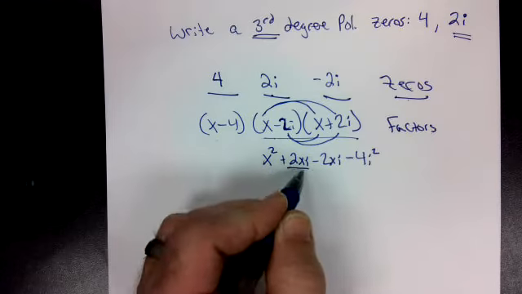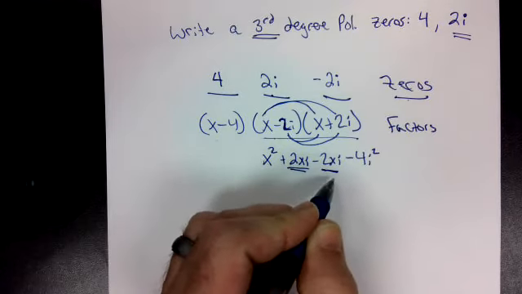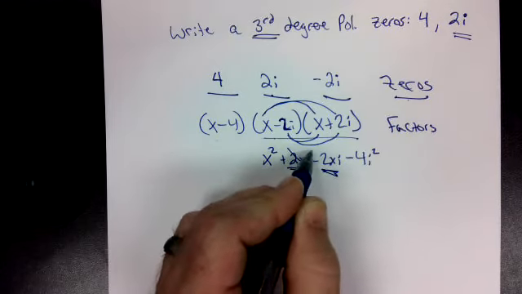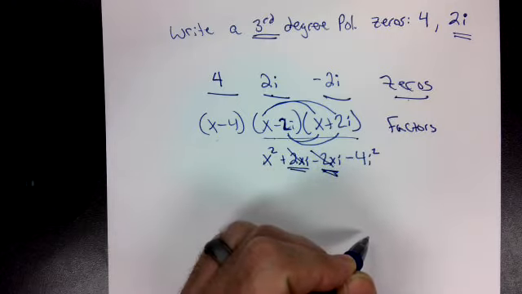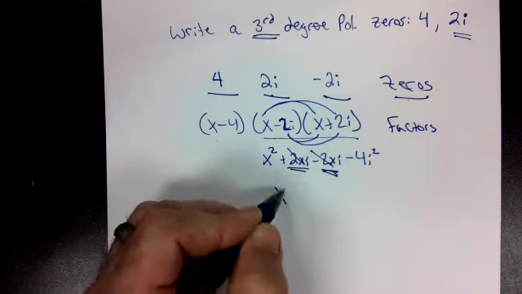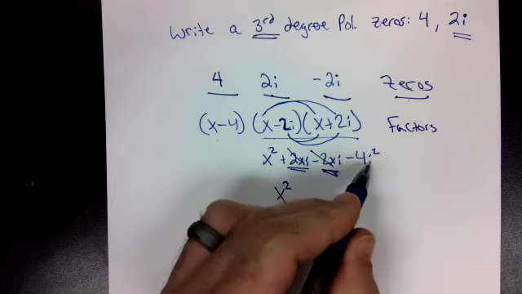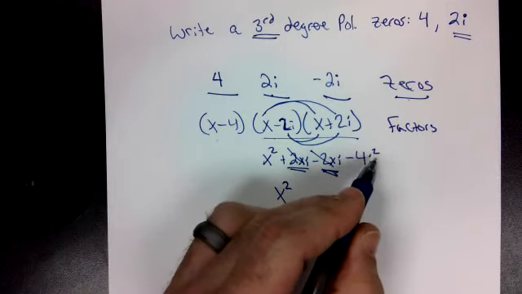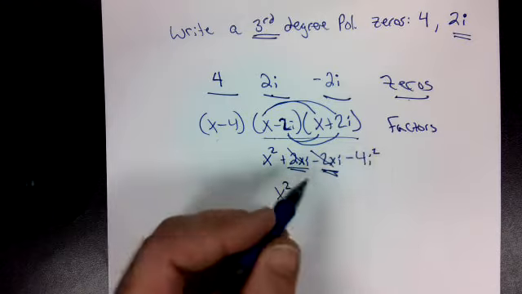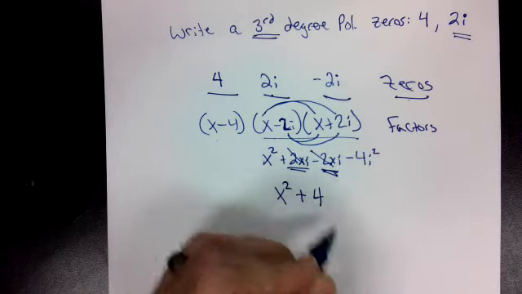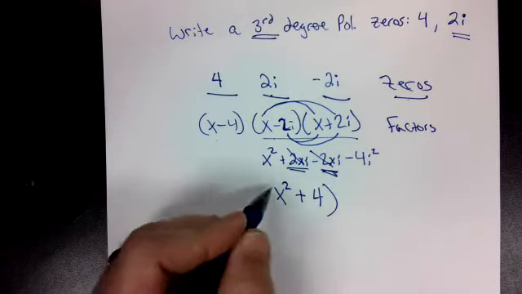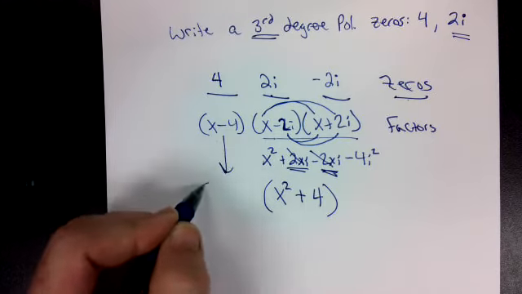Again, I'm looking for stuff to cancel, positive 2xi and negative 2xi. Those guys equal 0. So then this is just x squared. And remember, again, that i squared just changes my sign. So negative 4i squared is really just positive 4. If I just bring this guy down,